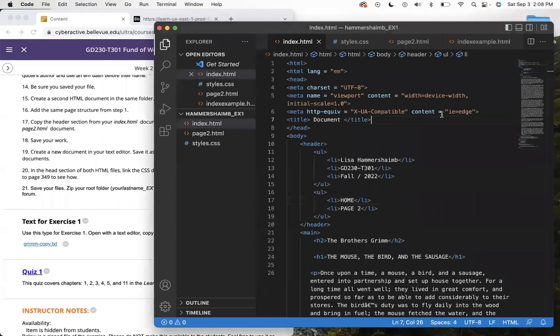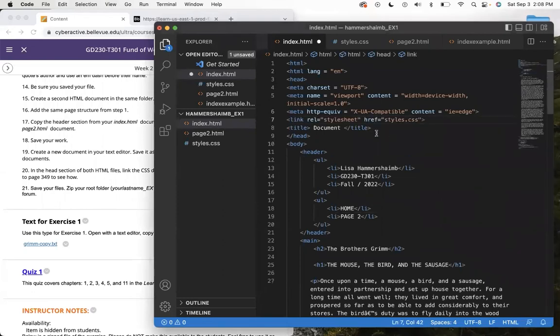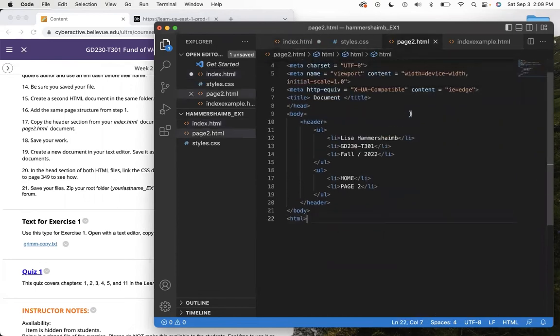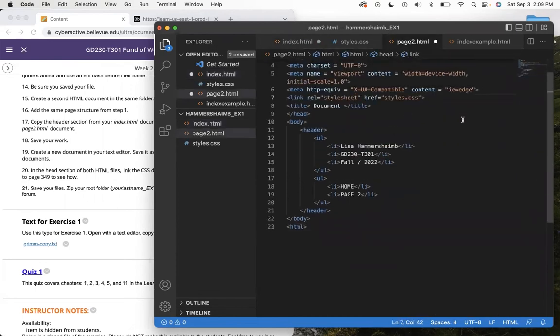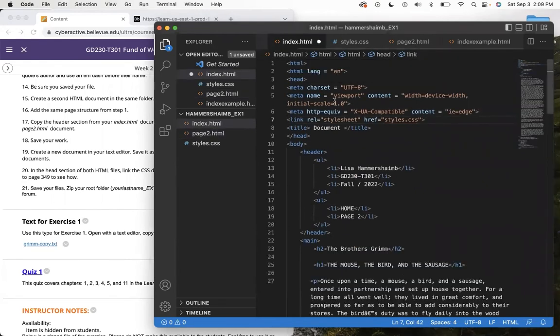Okay, so it's going to go right above the title, and basically we're telling it that when we get to CSS, which is not for a couple weeks, this is how the document's going to find it. And you can put that right above the title. So save it,